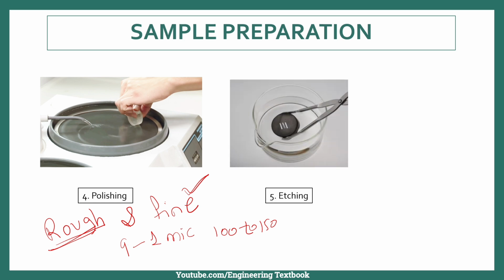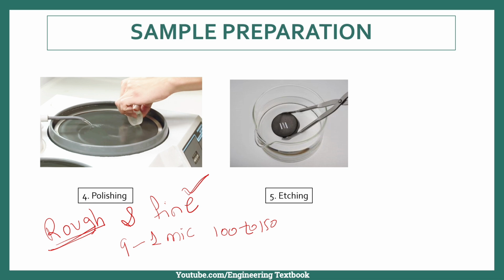Now, our last step is etching. Etching is a process done on the polished surface. Before etching, we have to compulsorily grind and polish the specimen. After polishing, we continue to etching. The polished surface is subjected to the action of a suitable chemical agent, which we call an etchant, under controlled conditions. There are a number of etchants we will see further on.